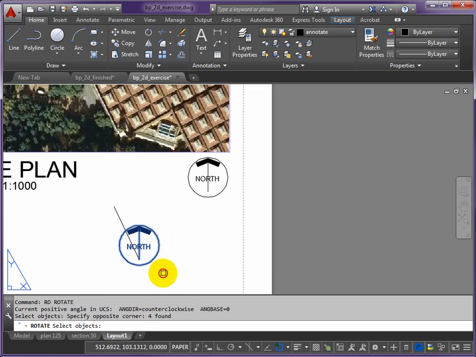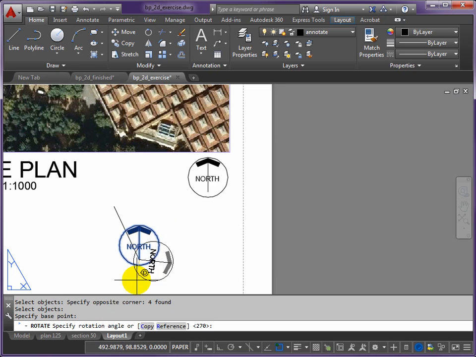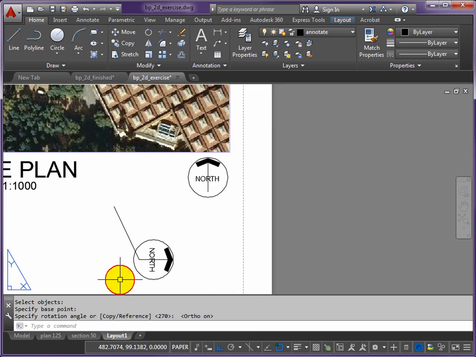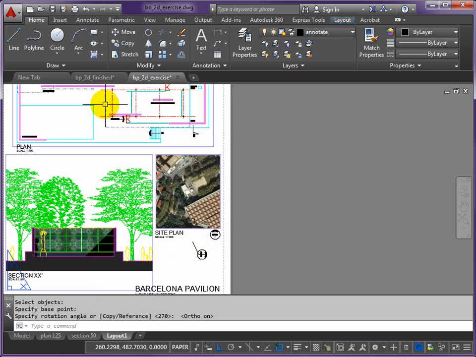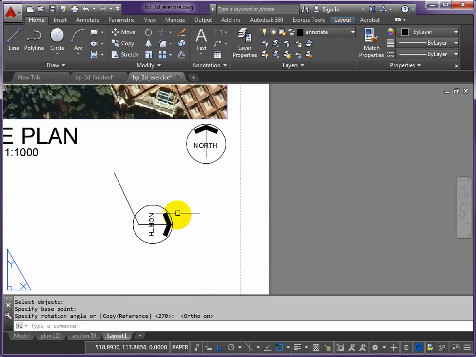Rotate the north point by 90 degrees. Got to try and get this right. Okay, so put ortho on, rotate it so it's pointing to the east. Now for this plan, if we rotate all of this by this angle, we should have the north point